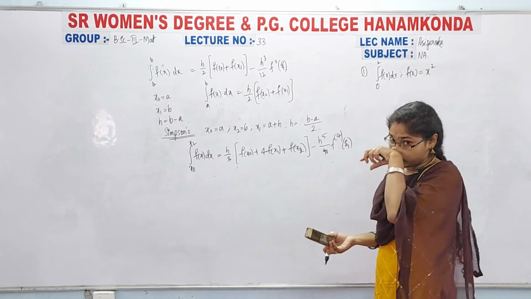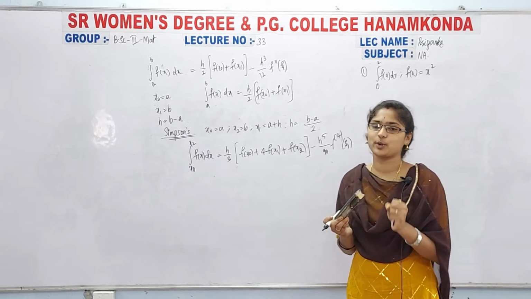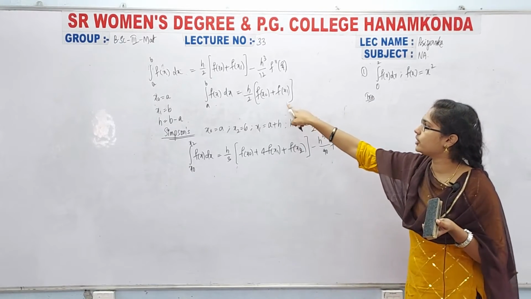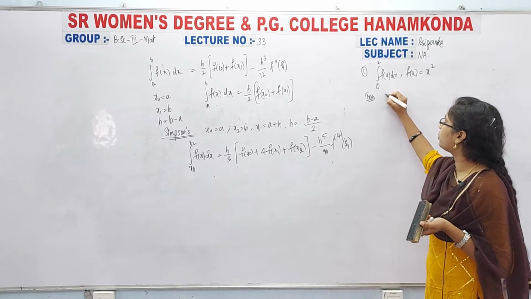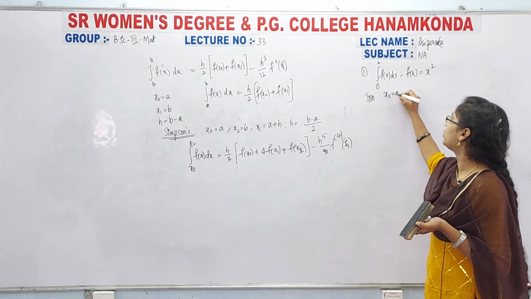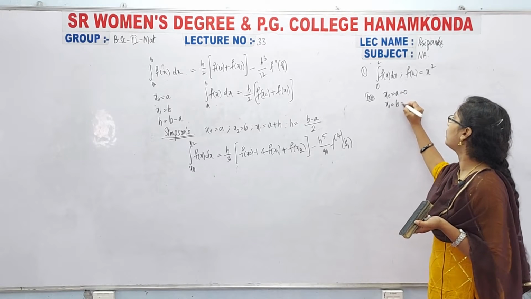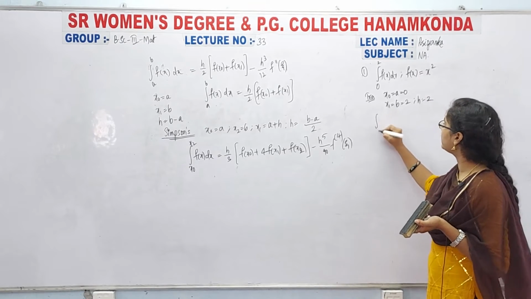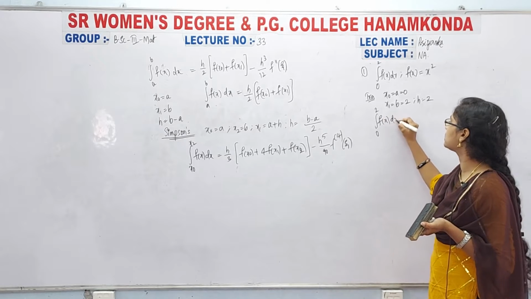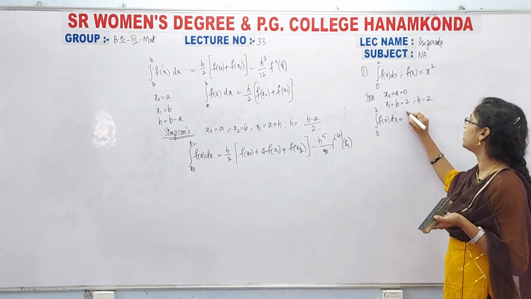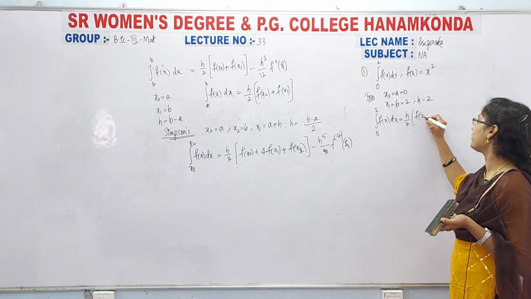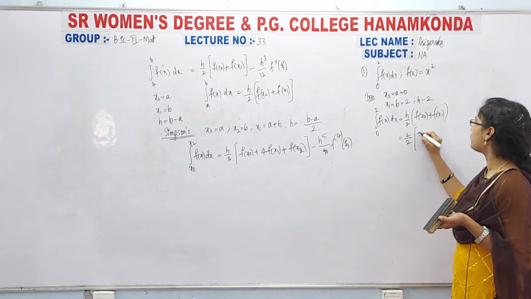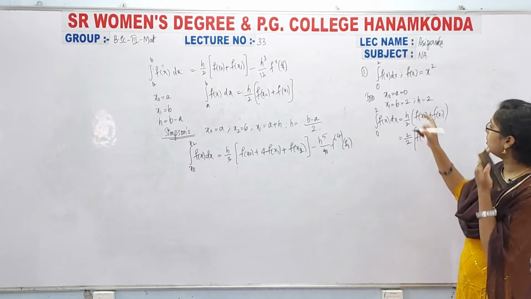Okay. Now generally, first of all, I'll discuss this problem by taking these formulas. First I am going with the trapezoidal rule. So what is the trapezoidal rule? This one, right? Now here I have to know the value of a, that means x0 equal to a equal to 0, x1 equal to b equal to 2. Next, what is the h value? h is nothing but 2. So now the integral 0 to 2 f of x dx is equal to h by 2, into f of x0 plus f of x1.